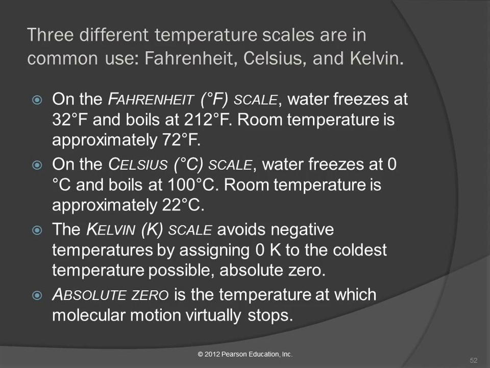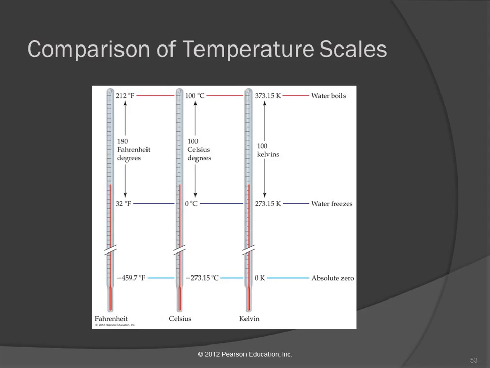It does this by assigning 0 Kelvin, which looks a little bit like okay, but it's not. 0 Kelvin is the coldest temperature possible. We call that absolute zero. Absolute zero is a theoretical temperature at which the motion of particles would stop. They wouldn't even be wiggling. They would be completely still. To my knowledge, no one has ever achieved a temperature of 0 Kelvin. They're trying. They've gotten close. But they can't get it to actually stop. So here's a graphical comparison of these temperature scales. Fahrenheit, 212 down to 32.